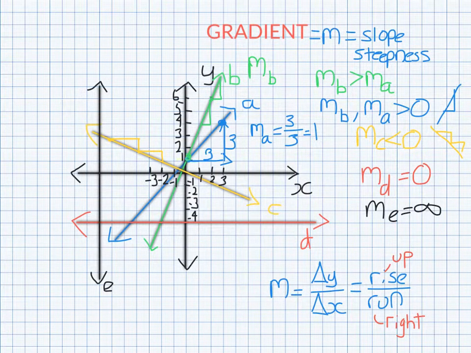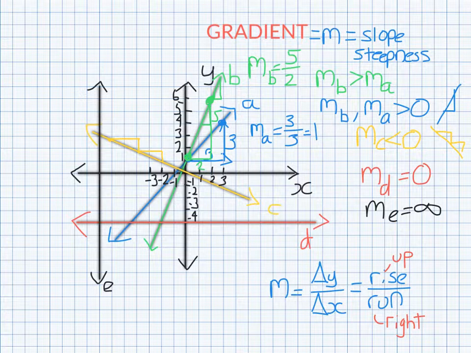So let's pick this point, and we'll pick this point here. So start at the leftmost point. How far do we go across and up to get to the second? So we go across 2 and up 5. Across 2, up 5. So the gradient of B is how far we've gone up over how far we've gone